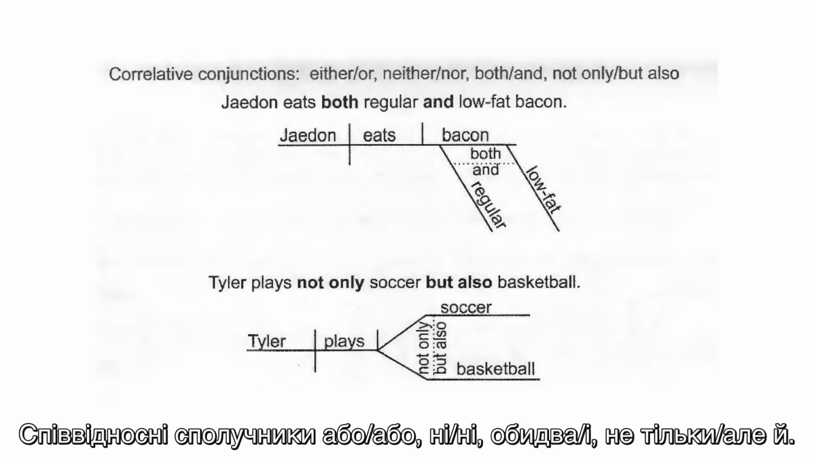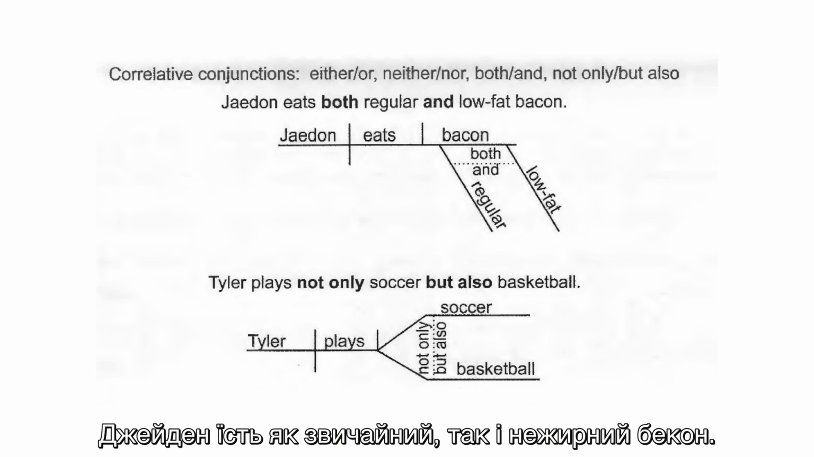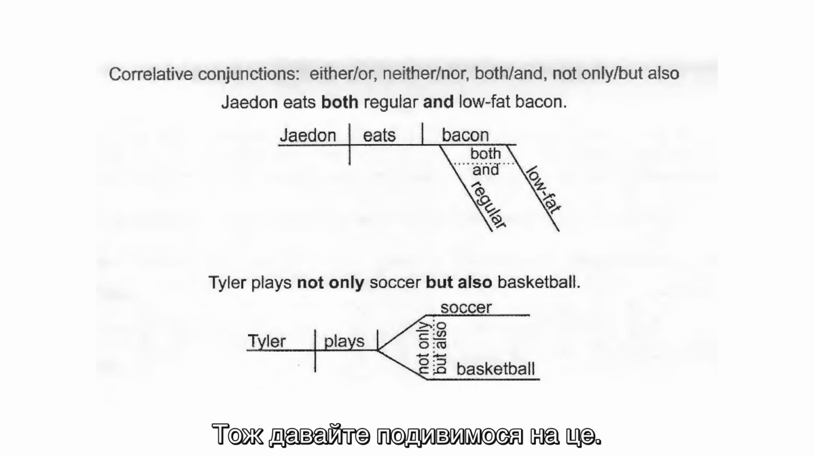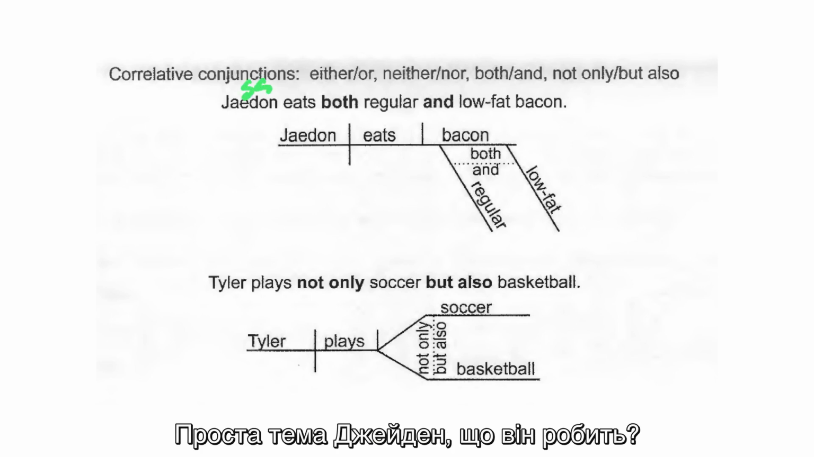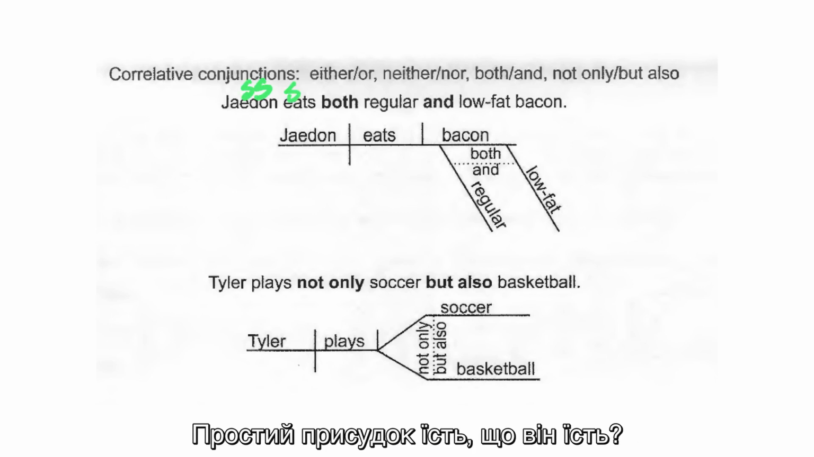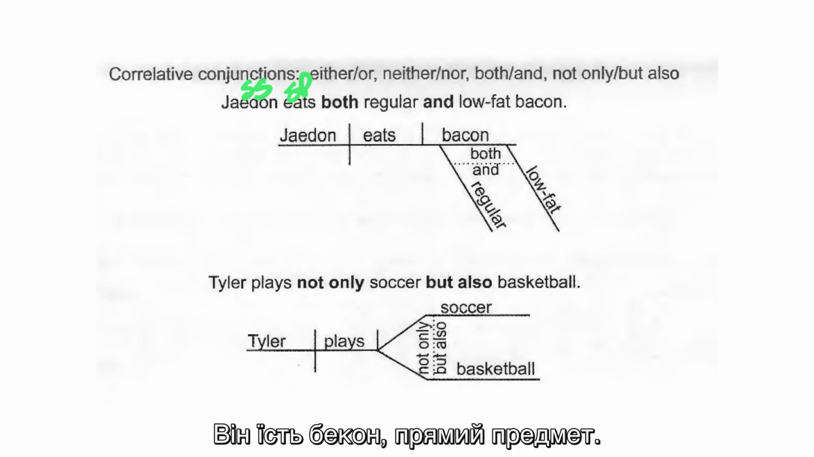Correlative conjunctions: either or, neither nor, both and, not only but also. Jaden eats both regular and low-fat bacon. So let's take a look at this. Simple subject Jaden, what does he do? Simple predicate eats, what does he eat? He eats bacon, direct object. Okay, that's our sentence base,